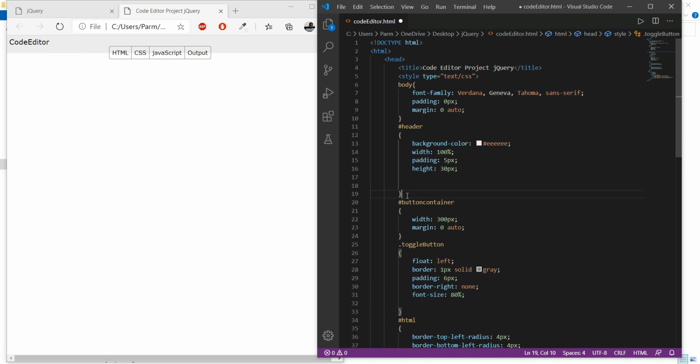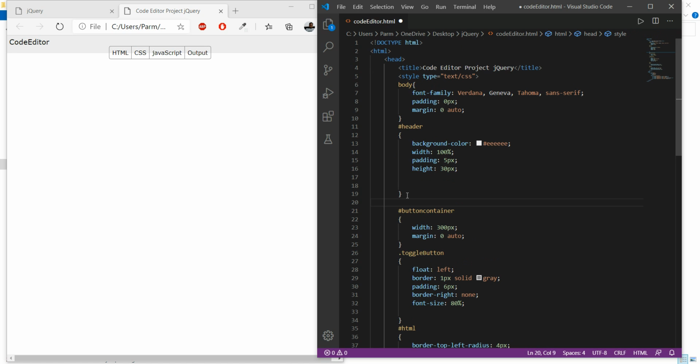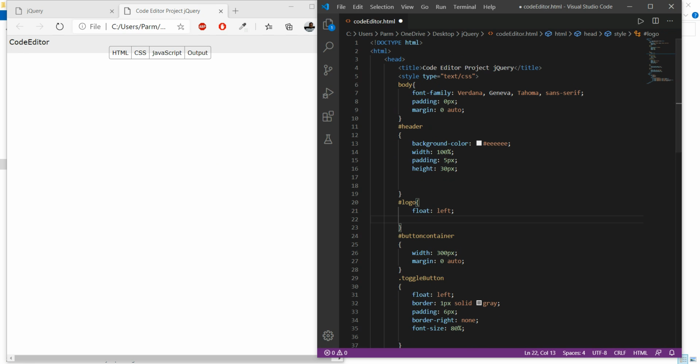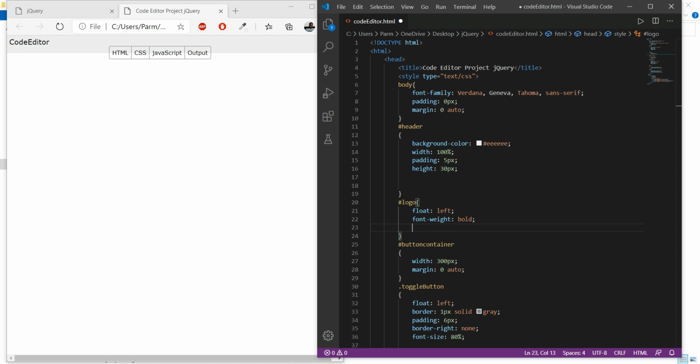So for here I will use hash logo, and to this, I just wanted to make it float left, and I just wanted to make it bold. So here I will set font weight, say bold, and I just wanted to give font size.